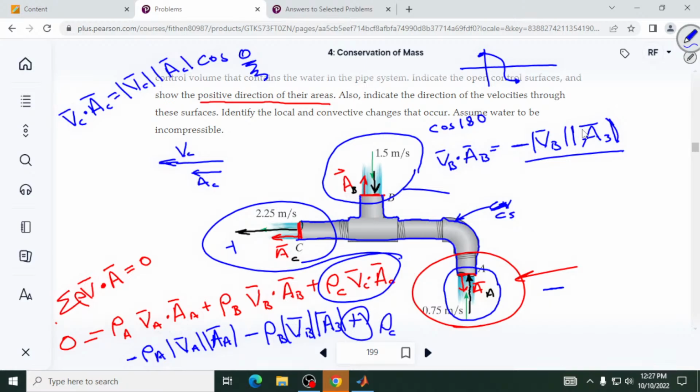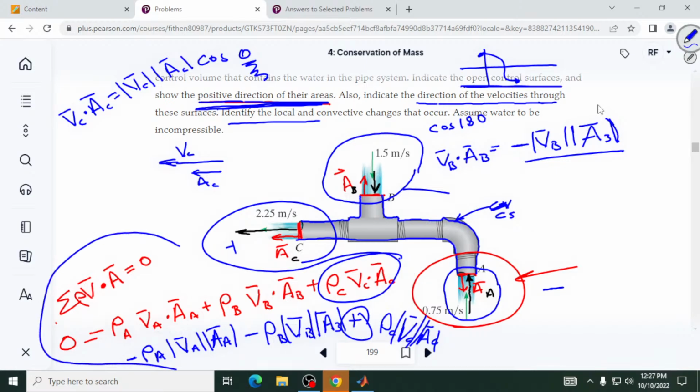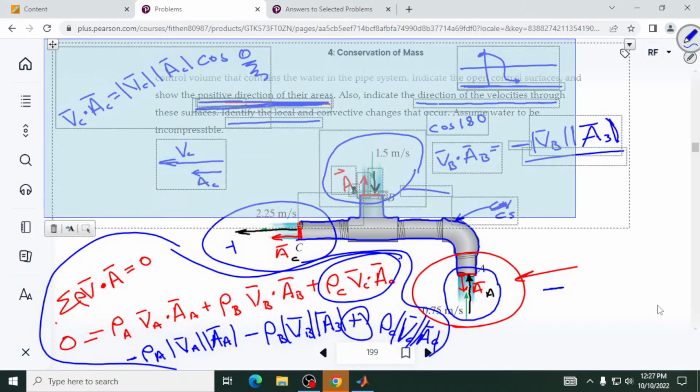And then you get just rho C V C AC. So this is a weird way of doing what you did before, in that mass in is equal to mass out. But this time we want you to keep track of the positive directions and the open controlled surfaces. He didn't ask us to do this, but the reason he's doing this is to do this eventually. So there were not as many numbers there as I was hoping, but we can go